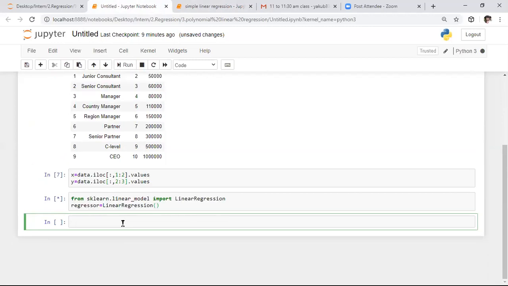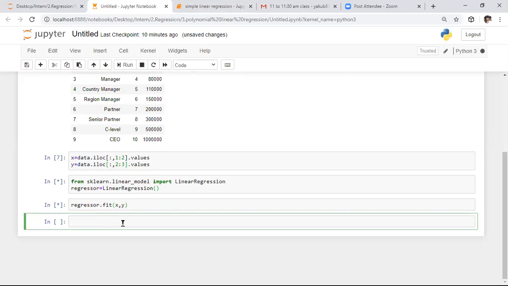So after applying the linear regression model, what do we need to do? Here we need to fit that data to our model. For that purpose, I am saying regressor, right? What is our object name? Regressor dot fit method. We need to fit this data on the x-axis as well as the y-axis. Here I'm saying x comma y. So here I'm fitting this data. It is like a simple linear regression model only. Initially I did it with the simple linear regression model only.